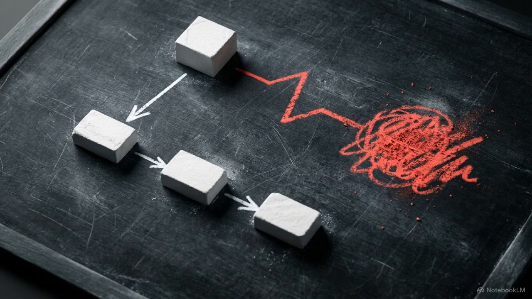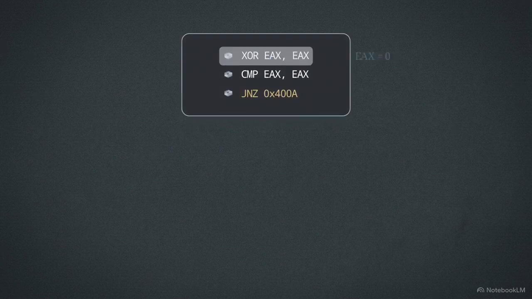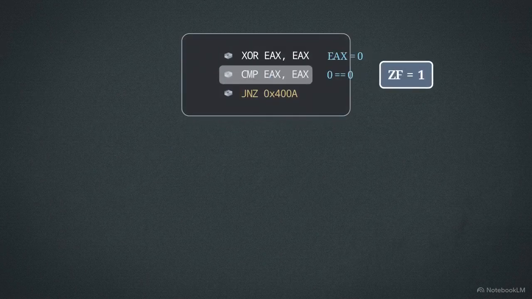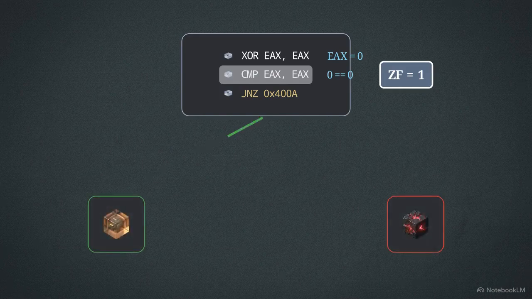Malware authors attempt to break these graphs using opaque predicates, comparisons that always evaluate to a known state, but appear as branches to analysis tools. For example, the instruction XOR EAX, EAX, followed by CMP EAX, EAX, will always result in the zero flag being